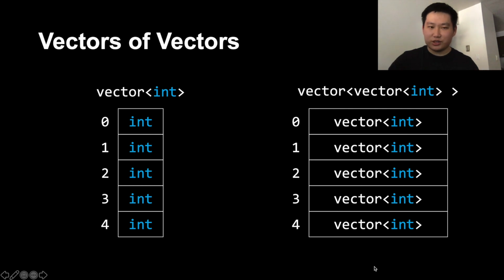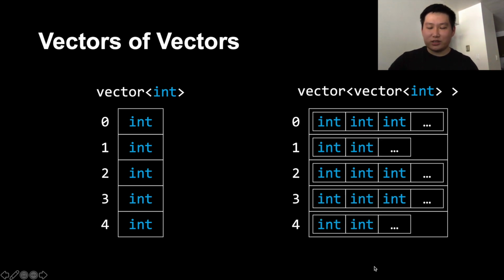Vectors of vectors is just like a regular vector. Here, each element itself is a vector. To help you visualize this, on the right-hand side of the screen, I have drawn a vector of vectors. So here at each element in our outer vector, there is another vector that nests inside of it. We can think of our outer vector to be rows, and we can think of the inner vector to be